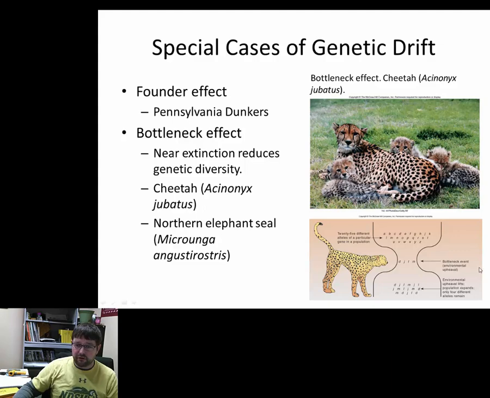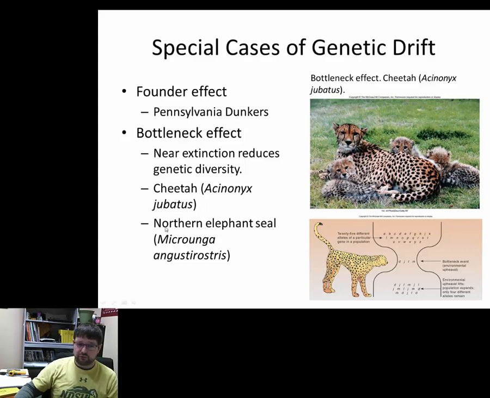Okay? This can be very harmful for an organism because what if some of these alleles, some of the 25, were adapted to climate change? Were adapted to an immune system? Were adapted to resistance to certain diseases, bacterial infections, fungal infections? Yeah? These kinds of things are gone now from the population. So if a disease comes through that you used to have resistance to, now it could wipe out the entire population, and the entire population could go extinct.